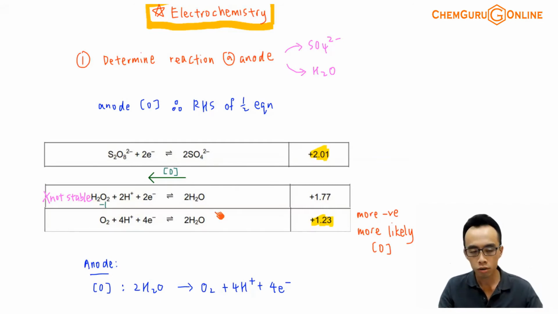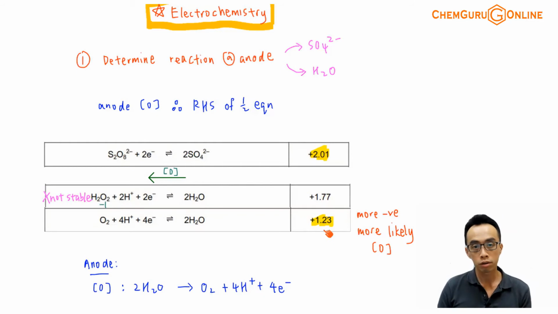So if I consider oxidation of water, water will not spontaneously undergo oxidation to form hydrogen peroxide. The oxidation of water to form O2 is a much more reasonable, much more likely outcome. Again, maybe for this exercise, because the question tells me that O2 is formed, in terms of comparing, it is pretty straightforward. We know that we should be using this half equation involving the E value plus 1.23 volt,